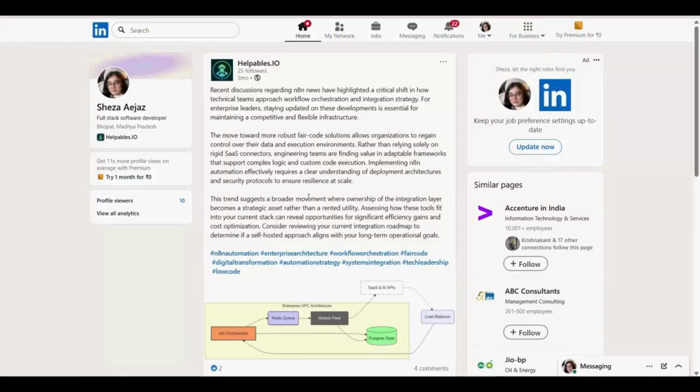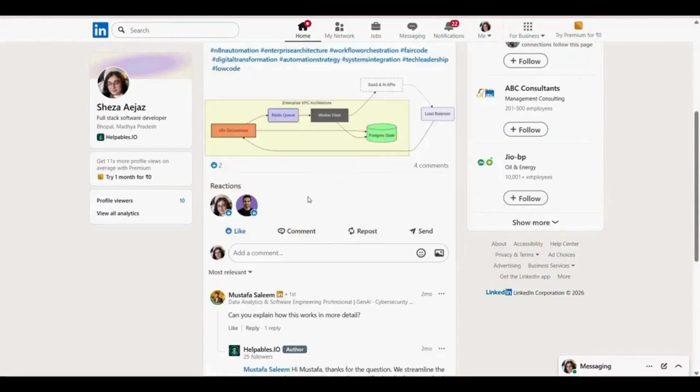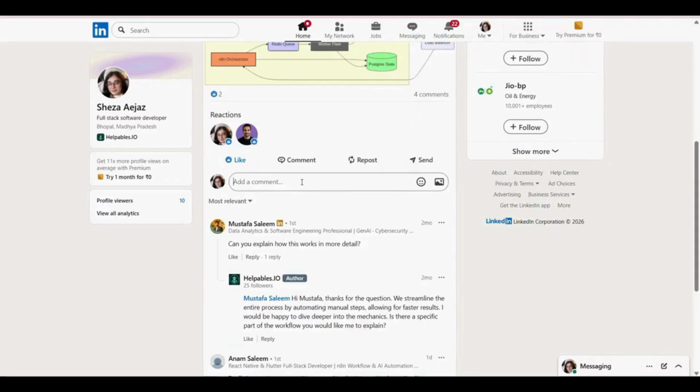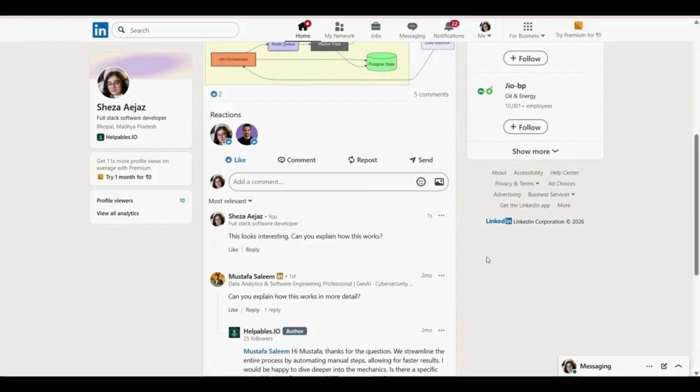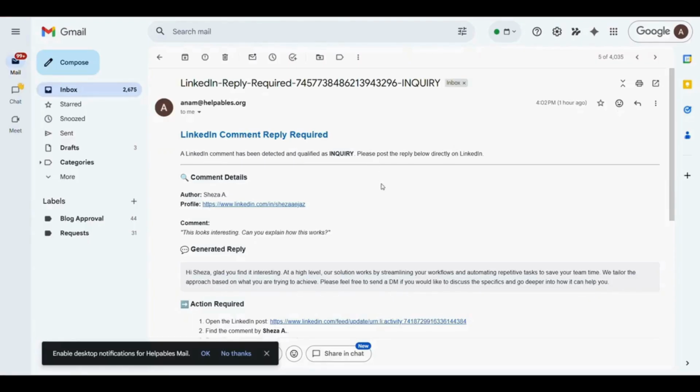Alright, so let's start from the very beginning so you can see how this works in a real scenario. This is the LinkedIn post, and let's say a user named Sheza comes in and leaves a comment. Something like, "This looks interesting. Can you explain how this works?" And instead of manually checking notifications or figuring out how to respond, the system immediately detects the comment, analyzes it,